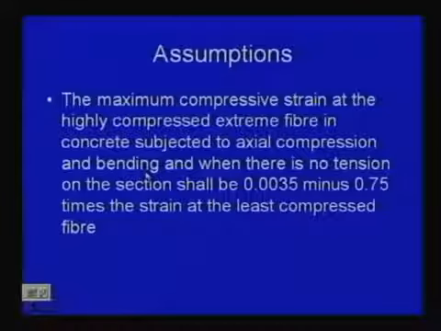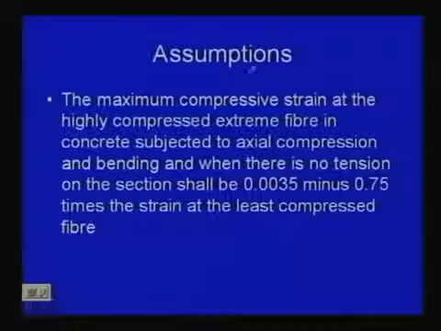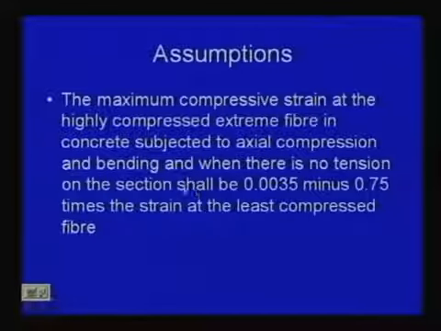The first one I have told, that is direct compression, only axial load, where we are limiting strain 0.002 and the stress will be 0.45 fck. But here, subjected to axial compression and bending, and when there is no tension on the section, that means no tension is developed on the section, in that case it shall be 0.0035